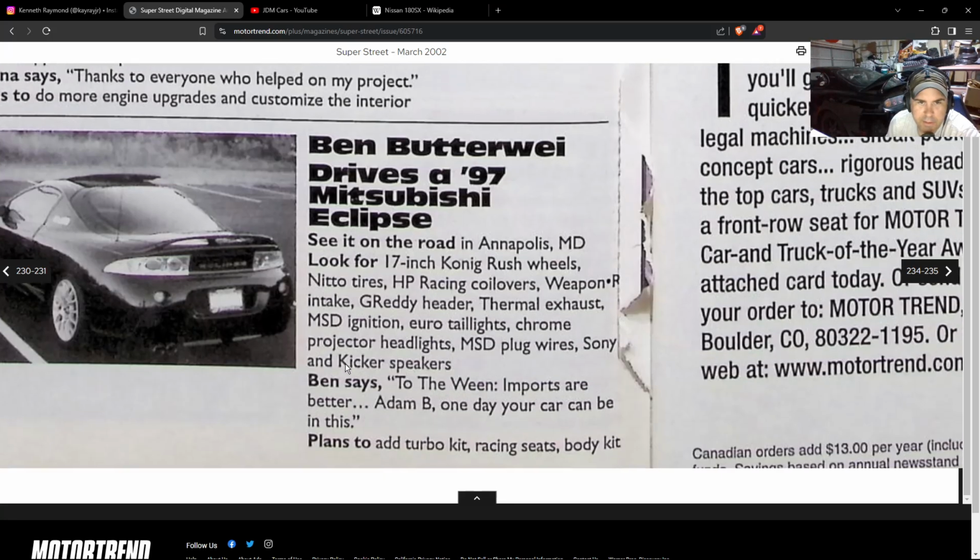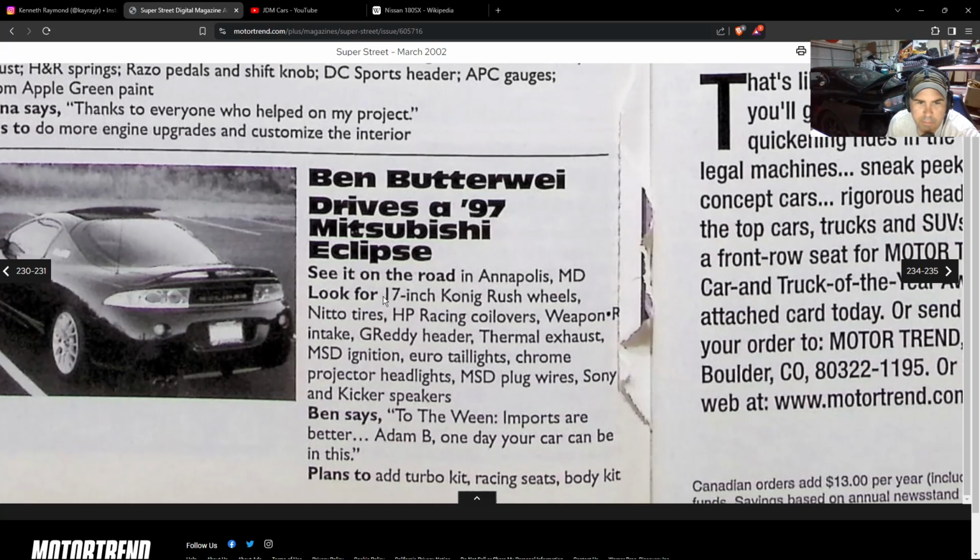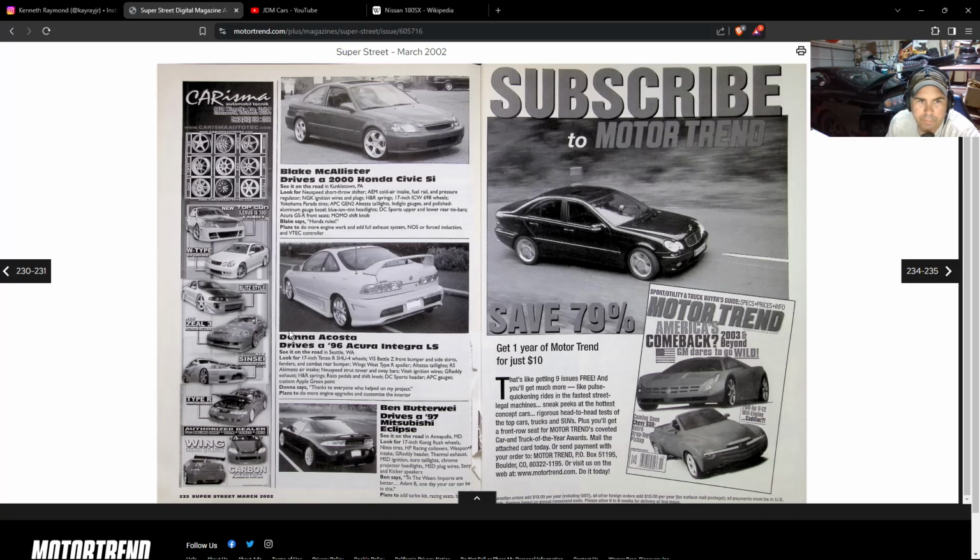Got an Eclipse on the scene. 97 Eclipse in Maryland. Koenig Rush wheels. Looks white. Intake. Let's see. Nitto tires, HP Racing coilovers, Weapon R intake, Ready header, thermal exhaust, MSD ignition, Euro tail lights. Again, Euros,